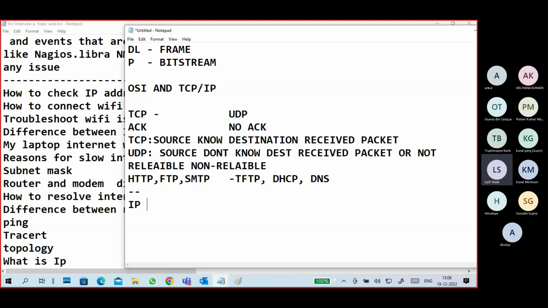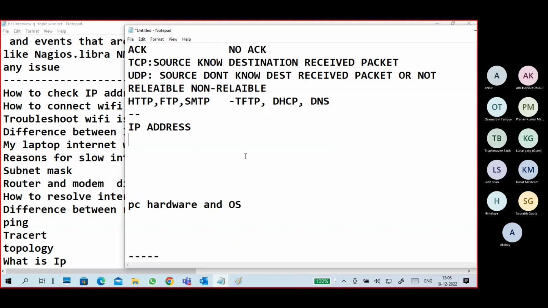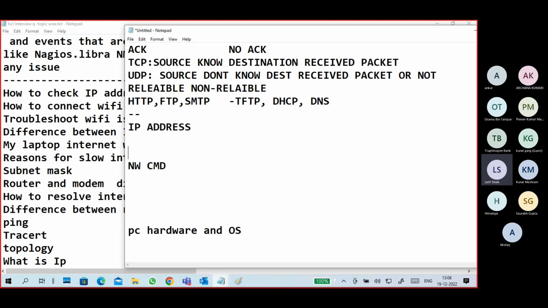Next one, guys, IP addresses and networking commands. I will tell the networking commands. Ping is a command to test the communication between two devices.